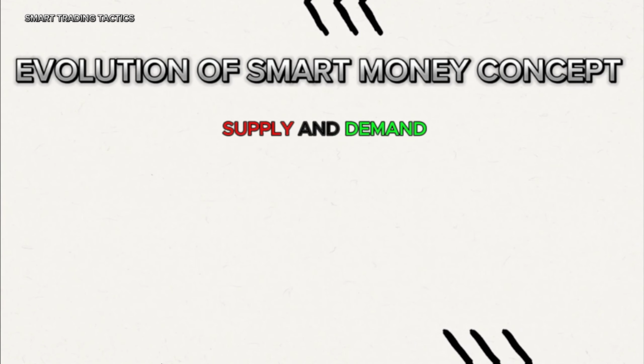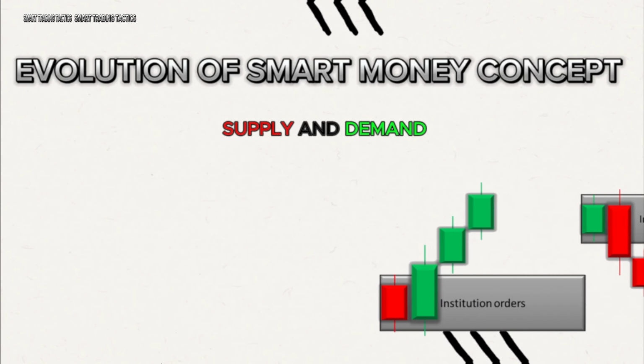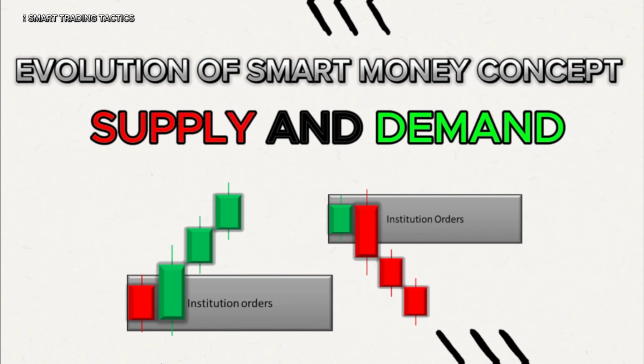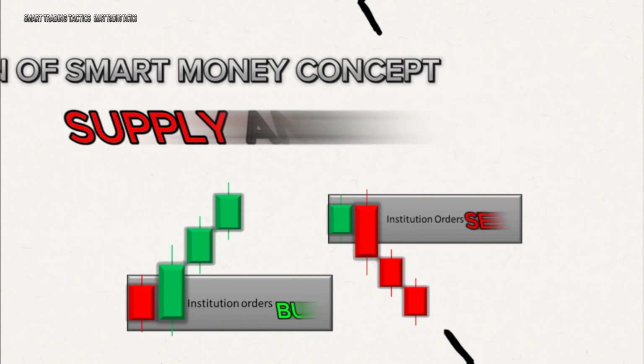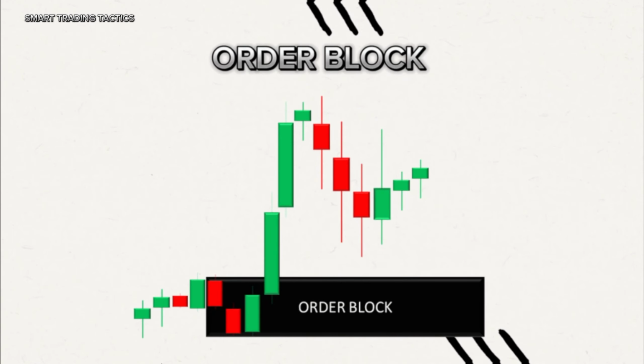Supply and demand in the SMC framework. In SMC, supply and demand zones are viewed as areas where smart money has previously executed significant buy or sell orders. These zones represent key areas of interest where smart money may re-enter the market to continue their original trade intention. Order blocks. A key concept in SMC is the order block, which is essentially a supply or demand zone